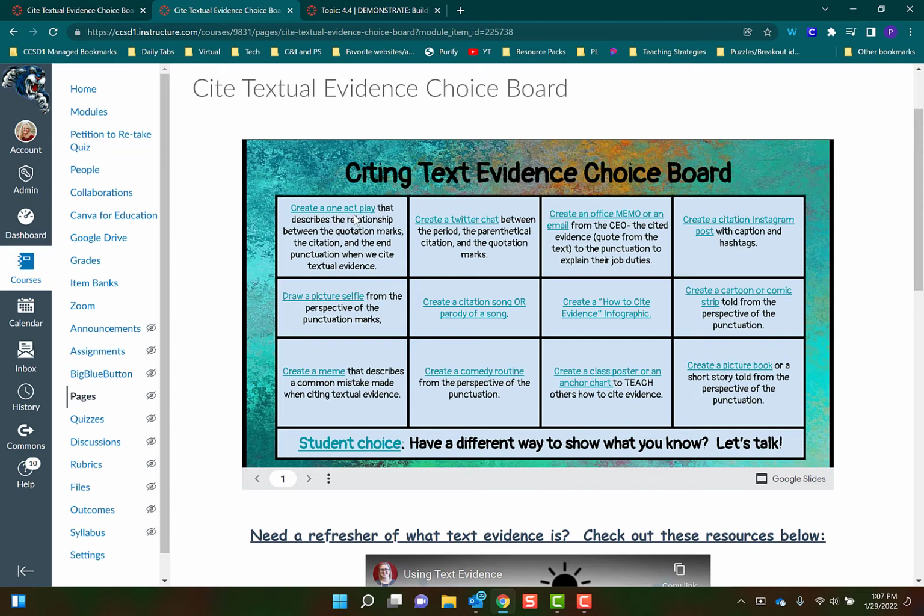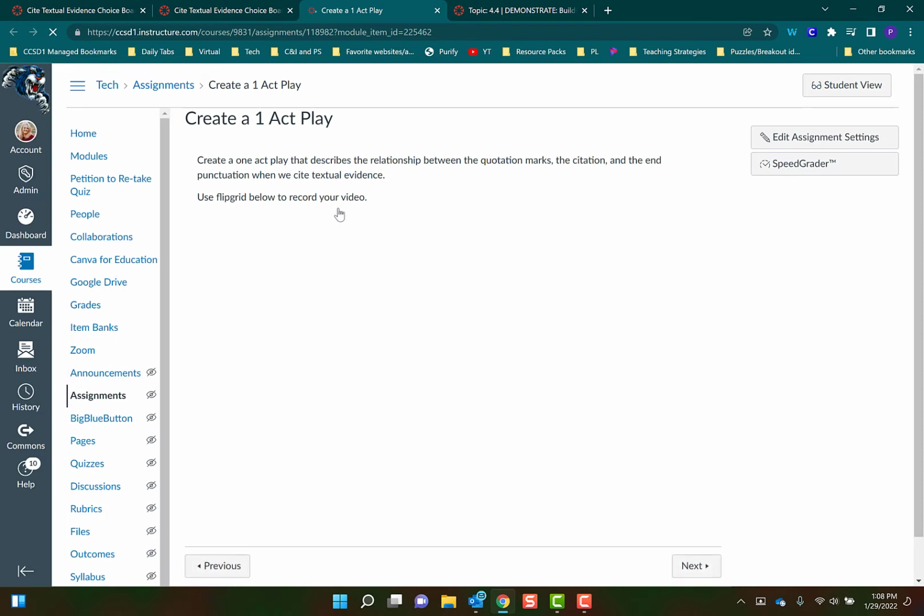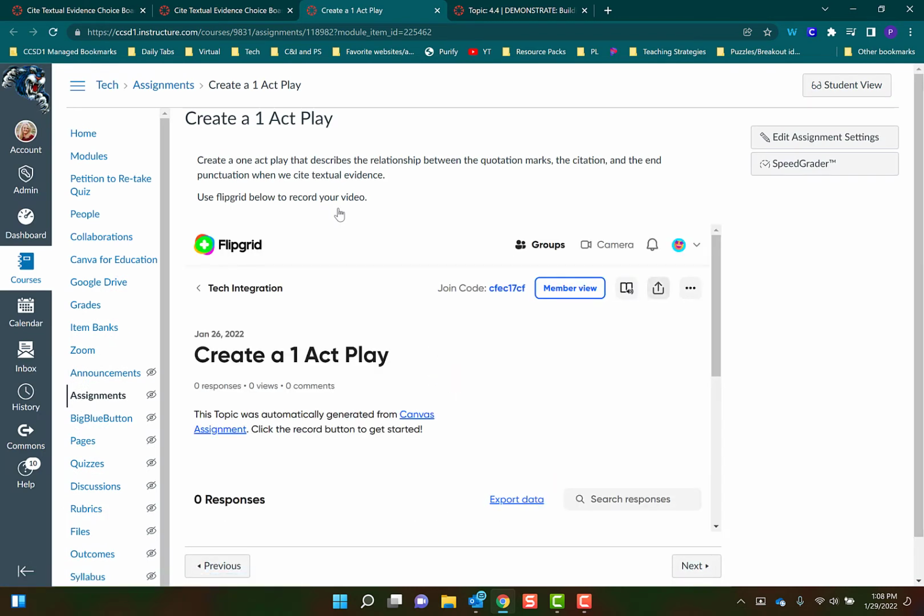Each of these link to a different Canvas assignment. Some of them are using external tools. So I'm just going to show you a couple examples. If you click on like this first one, it just takes you right to the Canvas assignment. So this one is to create a one-act play from the perspective of the quotation marks, the citation, and the end punctuation. And I wanted them to use Flipgrid in this case, and so I added it as an external